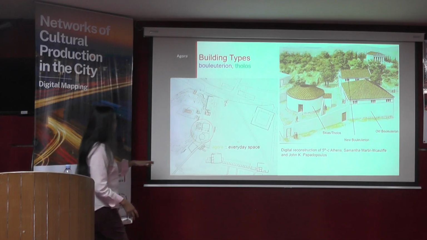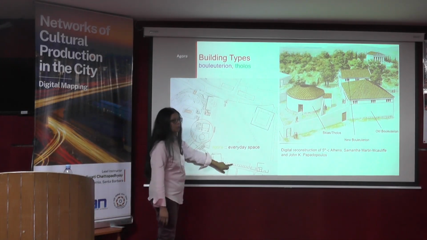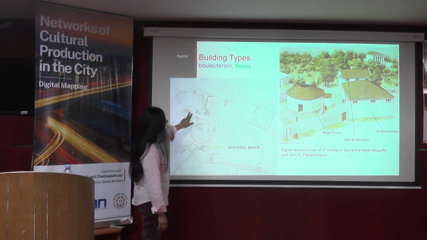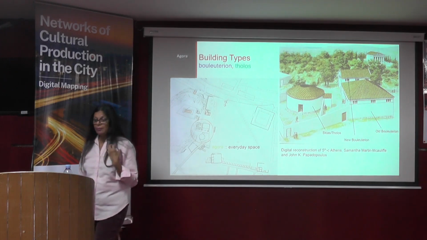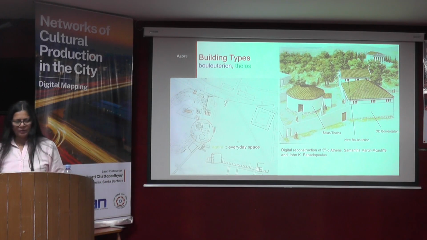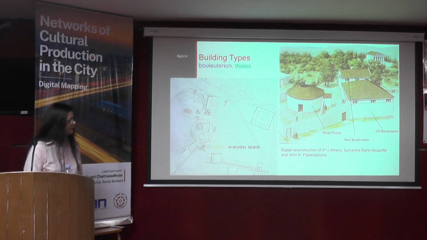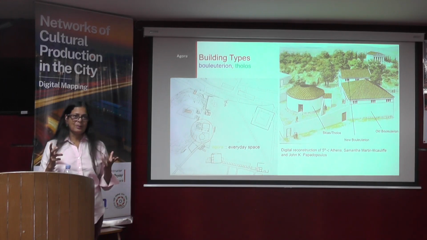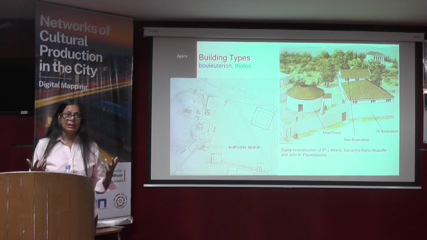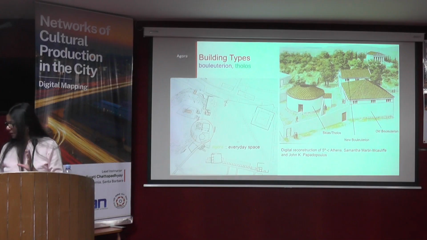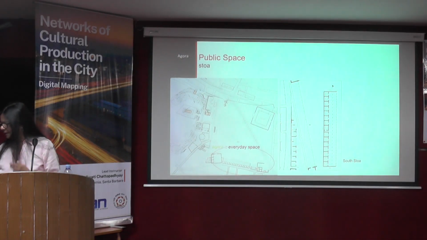And then there are these buildings called stoas. That's a distinct building type. These are rectangular structures with a surrounding colonnade. Those are temples, and there are lots of temples. So one of the things that my colleagues did, this is Samantha Martin-McCullough and John Kakalevolas, is that they actually explained why these buildings are aligned this way. And that's what I want you to think about. In other words, how do you do that spatial analysis?